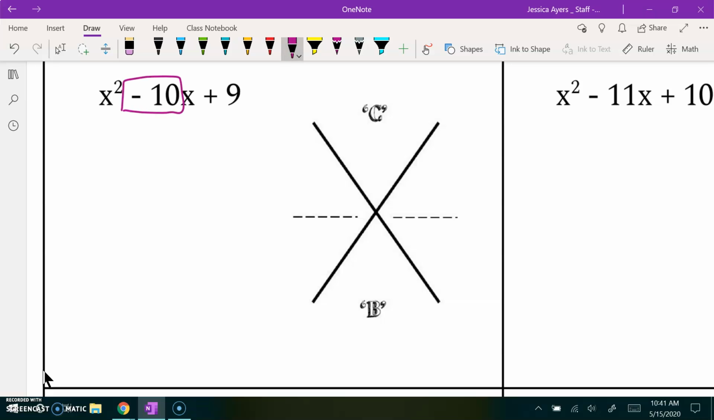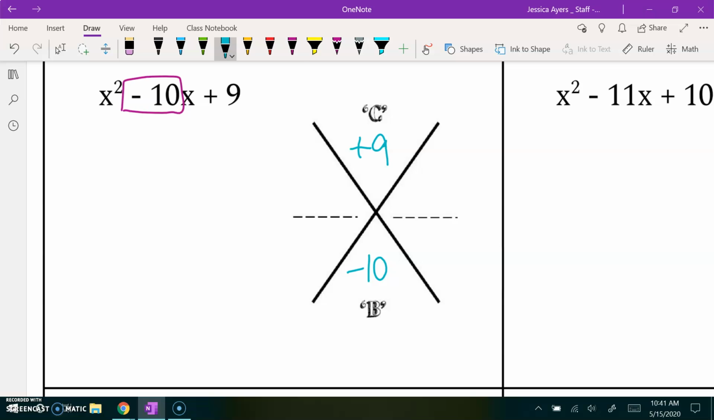It is negative 10. Remember, we've talked at length throughout this year that a minus sign and a negative sign are the same. So subtracting something is the same as adding the negative. So we're going to put at the top our positive 9, and now I'm going to start inputting signs. I should have done this in the last video, but it's fine. And then a negative 10. So if I want to multiply to be a positive 9 and add to be a negative 10,